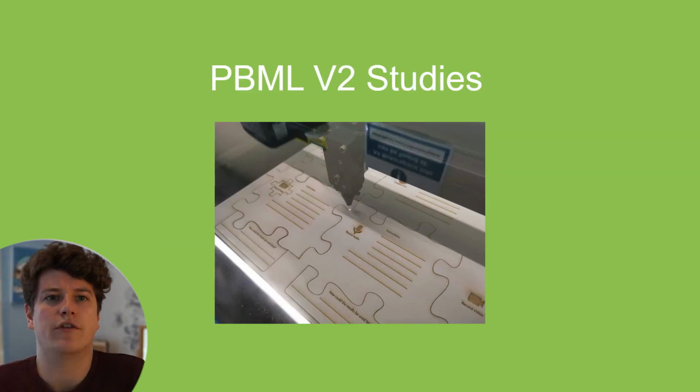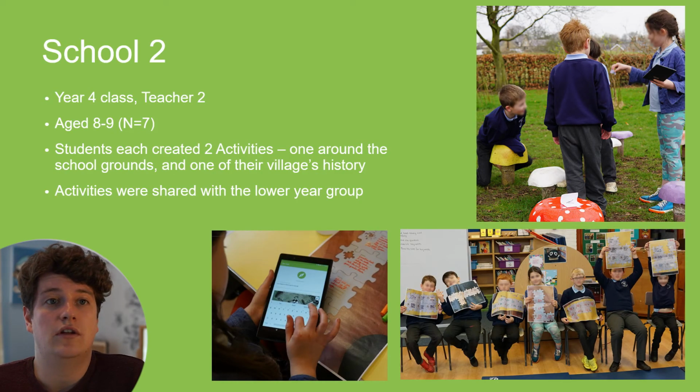We assessed this updated version of the framework in 3 further studies. Because we're tight on time, I'll quickly cover what happened in each and then talk about the overall findings afterwards. The next study was in School 2, a tiny rural primary school. We worked with the entire Year 4 year group, which consisted of only 7 children, because we had much more time to work with the class than with School 1. Teacher 2 decided that we make 2 activities, a practice one, and then one which properly engaged with the village's history. As before, we demonstrated the app through the use of a pre-made activity which the children could complete on the school grounds, which went fine.